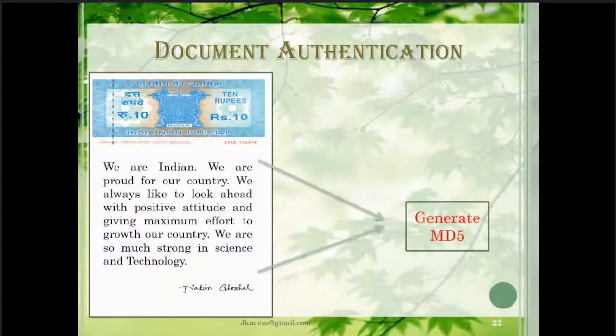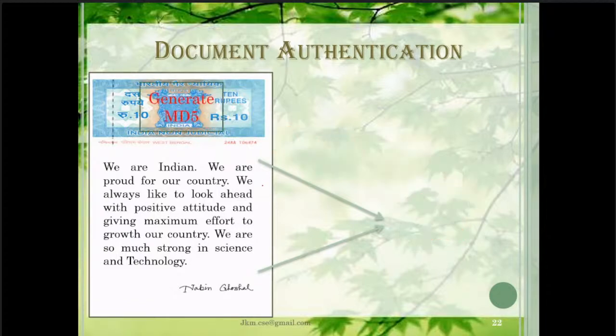So you generate the message digest. What is the message digest? That means you are generating a fixed size code, suppose 128-bit or 160-bit, from any size input message, and you embed it in a steganographic manner into the stamp paper. So it is visibly invisible. Now you put the code in a place just like your PKI infrastructure, and you send it to whoever it is intended for, or when it is required.